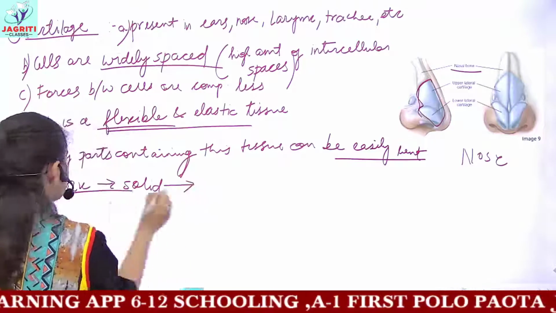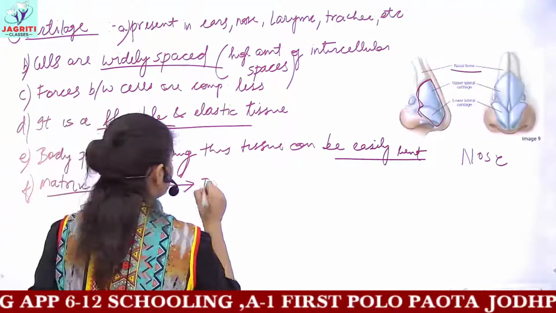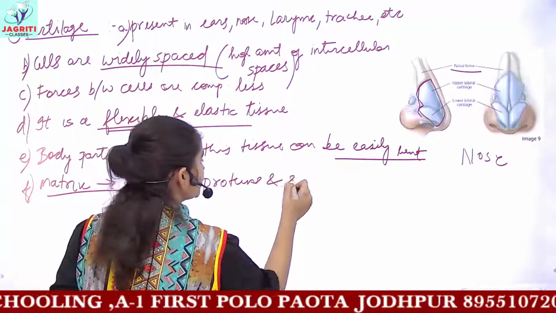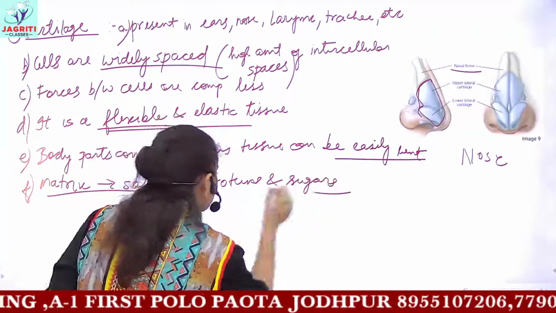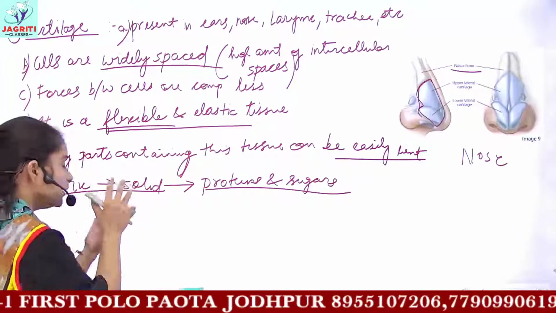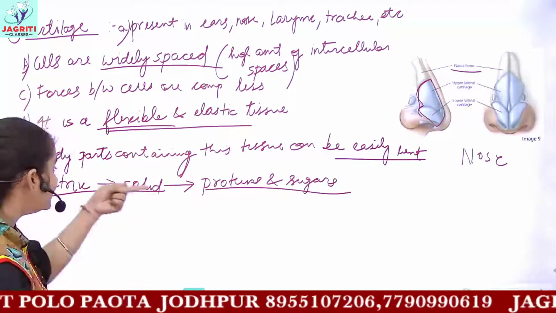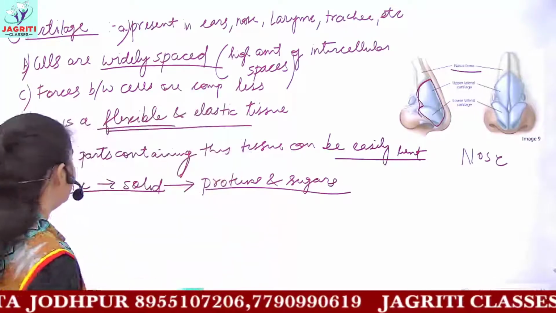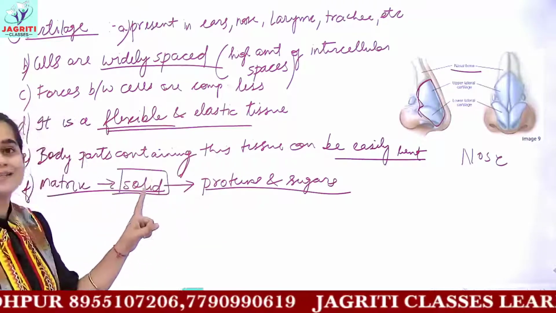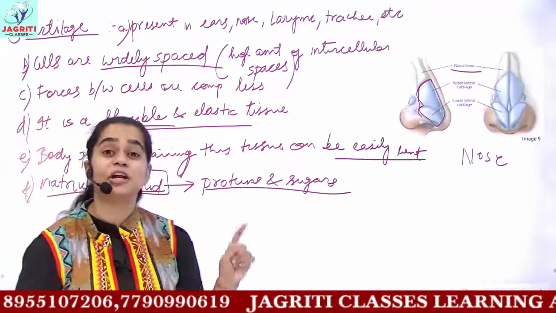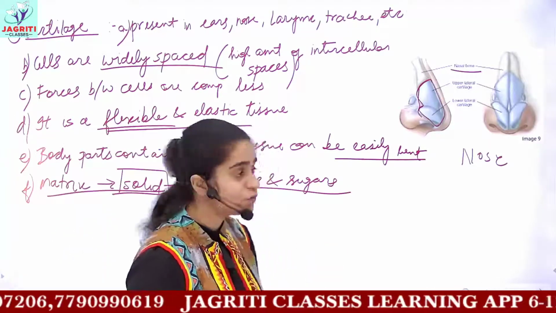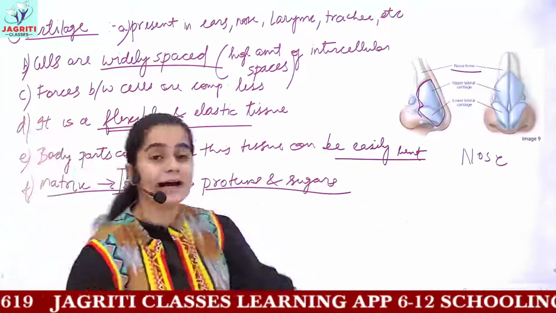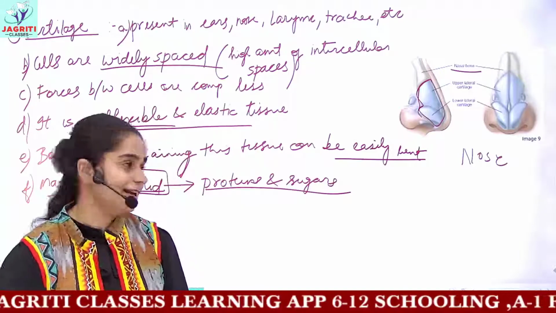Whereas in this solid matrix of cartilage is made up of proteins and sugars, you can say. So these proteins and sugars give it a solid state, but it does not provide it with hardness and rigidity. So the difference is just that both the matrices are solid, but in bones the matrix is made up of very hard substances, calcium and phosphorus, whereas here the matrix is made up of proteins. In turn, we can bend our parts containing cartilage.